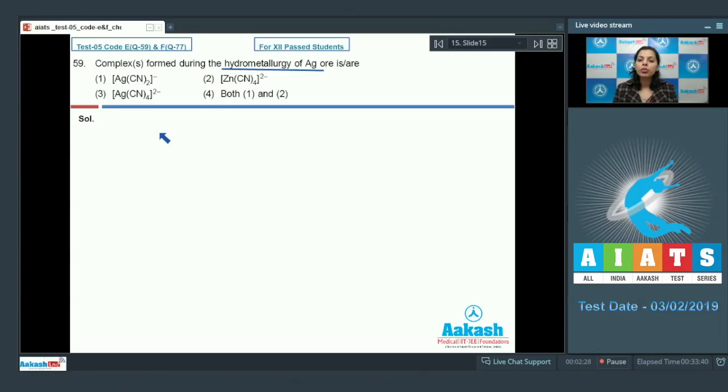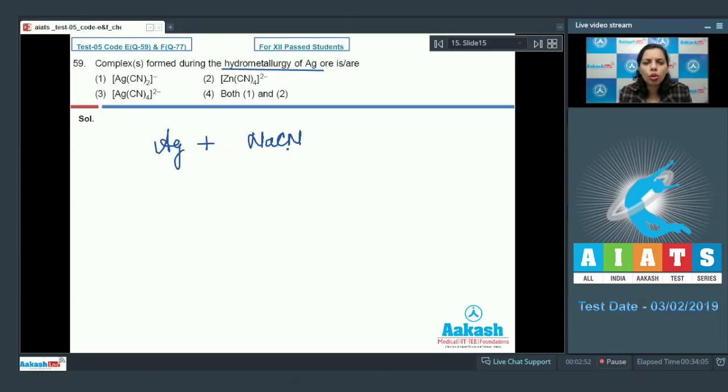And after the treatment there's the formation of a complex. When that complex is treated with some highly reactive metal like zinc, then we will obtain the silver. It means for the process that's taking place, I'm just representing it with the help of a chemical equation. We have silver metal that's present in the ore. This will react with